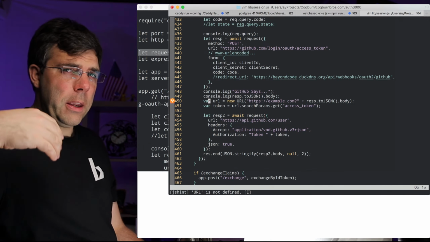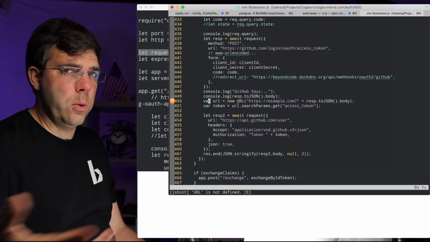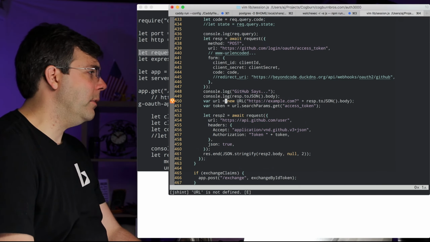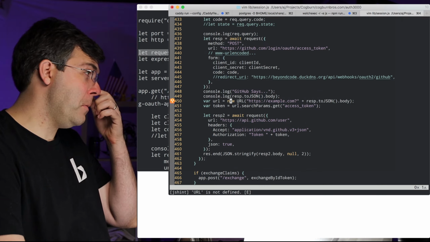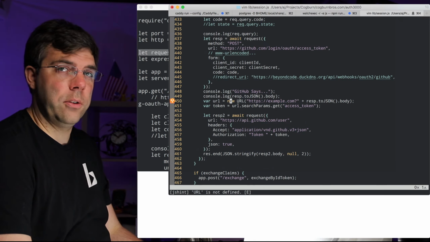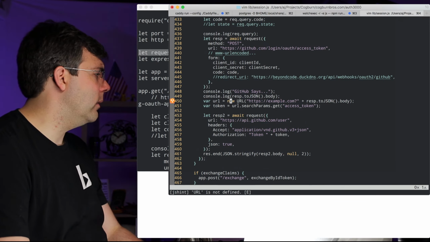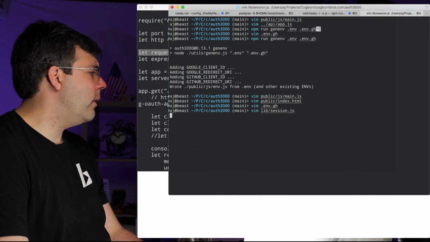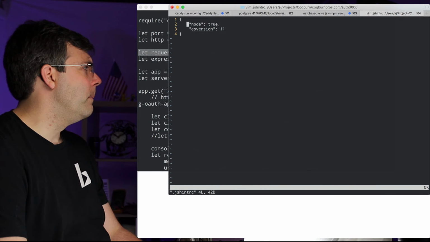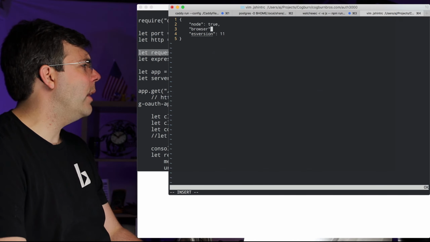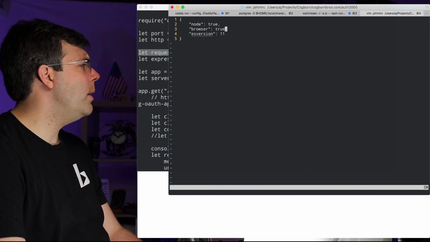Especially if the alternative is huge, like was the case with request. I wrote about 500 lines of code. Request is heaven knows how many lines of code and dependencies, etc. So it says URL is not defined. I think that's just because I need to update the linter to tell it. Well, one, I think I should open up